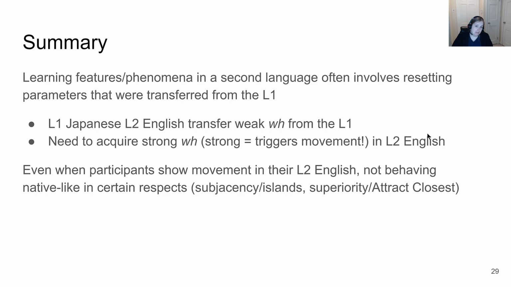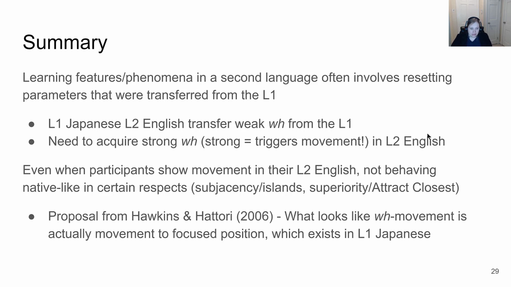And the proposal that we can have is not that we can't reset parameters or that the feature doesn't do what we think it is. Potentially, it's just that they're hijacking a feature that already exists in their L1. They don't have to acquire a new feature in this way. And actually, there are certain second language theories, transition theories now, that would say that you have trouble acquiring uninterpretable features that don't exist in your first language. And in fact, Hawkins, of Hawkins and Hattori, is one of these people. His Hawkins and Chan 97 paper is central to those types of claims, and it evolved and evolved and evolved and still has versions today.